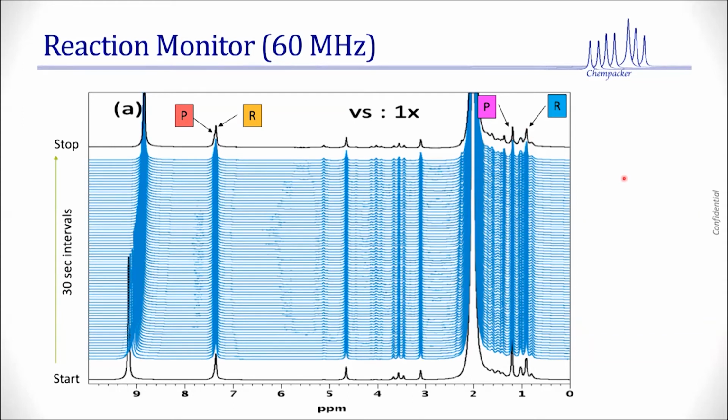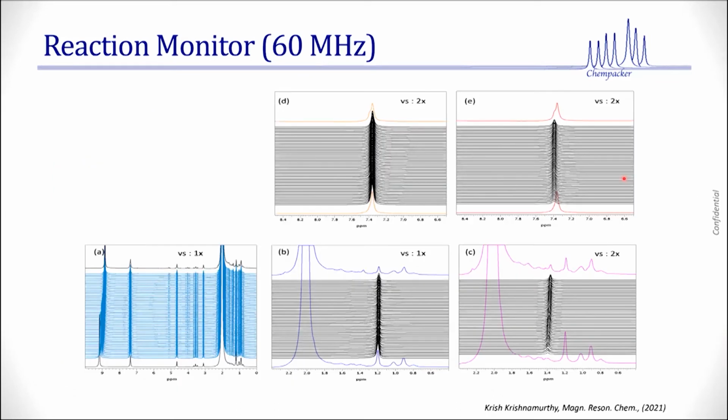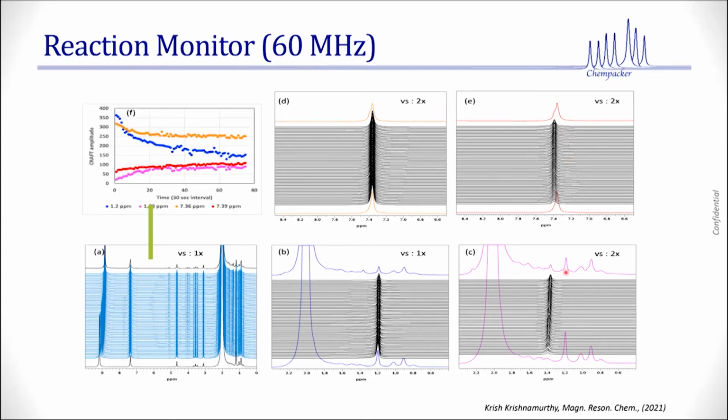We have heard you. What is a big deal? So yeah, it's not a big deal. So you have a reaction monitoring, and you can strip this one out. Essentially, you can monitor that peak in the presence of all these guys. You can monitor the product here, reactant there, even this overlapped region. And interestingly enough, I can directly plot that in a kinetic fashion. That's my kinetic plots. I think Dave is going to probably talk about kinetic fitting to that, and how you get kinetic information out of that, and so on.